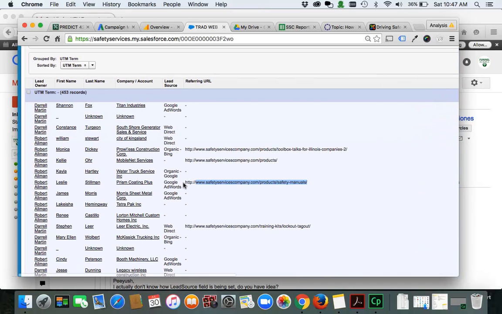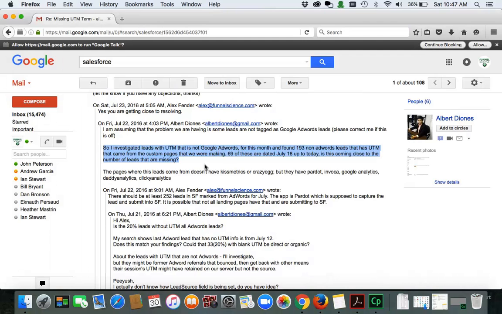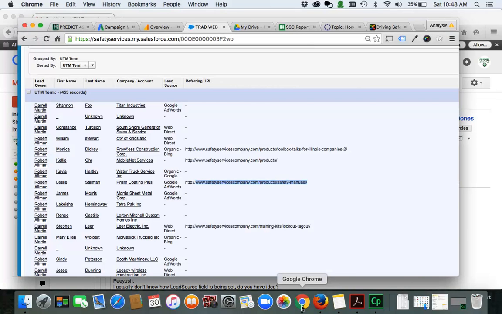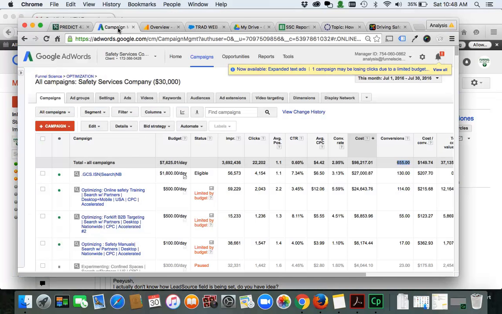And so that's what the issue is that has to be cleaned up or resolved and made structured so we can do more accurate analysis. So back to the email, one of the challenges is this right here that we're dealing with, where it says the leads come through Kissmetrics, Crazy Egg, Pardot, Invoca, Google Analytics, Daddy Analytics, Clicky Analytics. And so to make these things work, it can be real challenging because you have known systems and platforms like this and